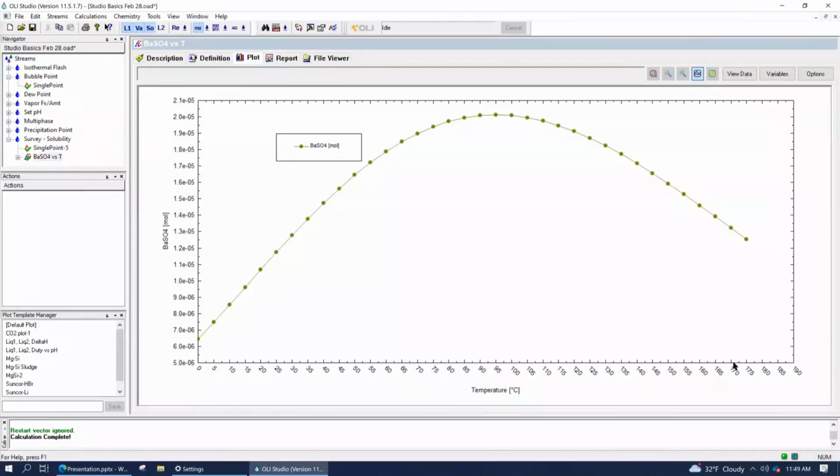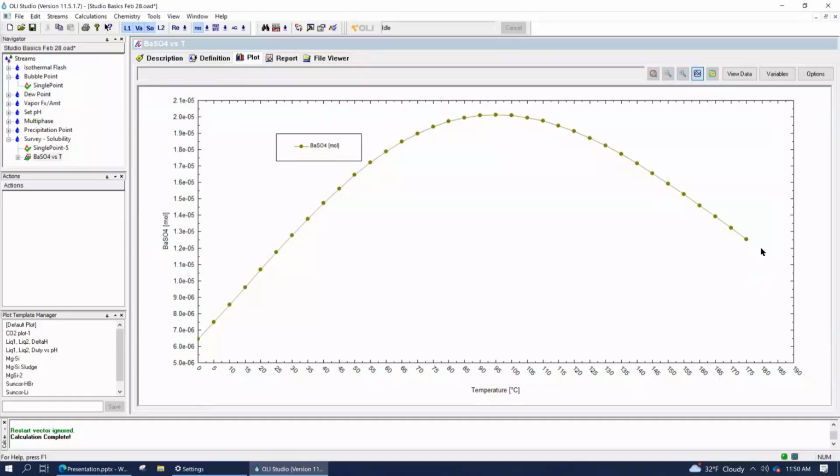And what we can see, we don't have to get into the chemistry of barite, but sure enough, this is an example of a solid phase that essentially becomes more soluble with temperature and then becomes less soluble at higher temperatures. So instead of having just a monotonic curve, it actually changes.